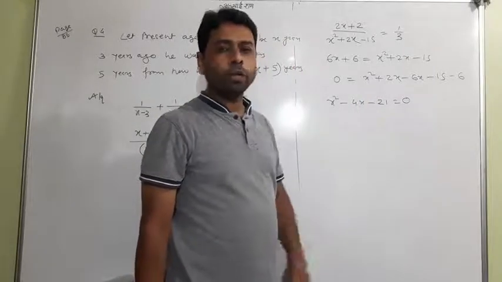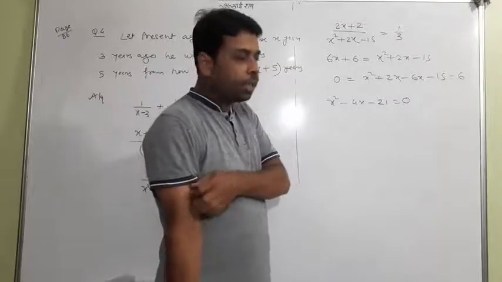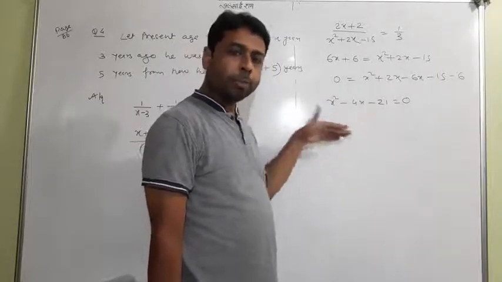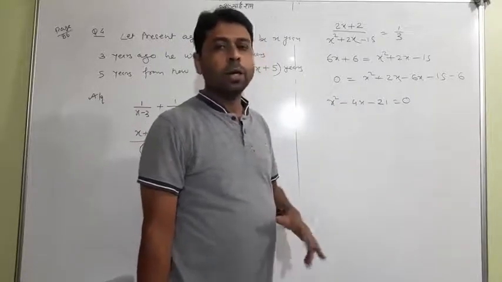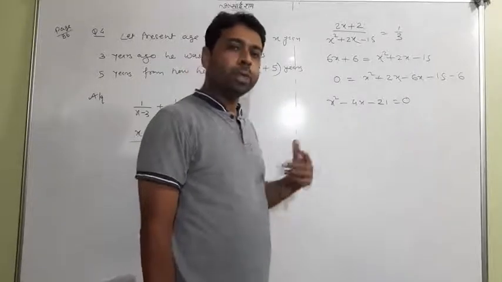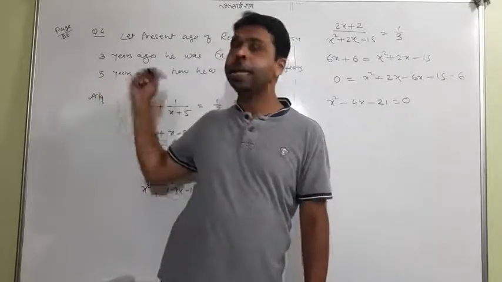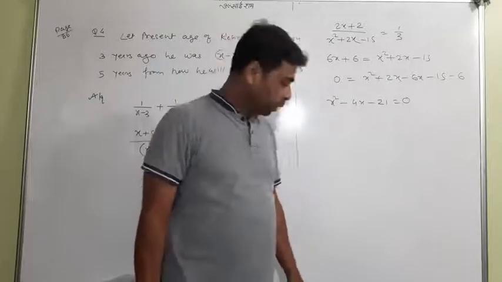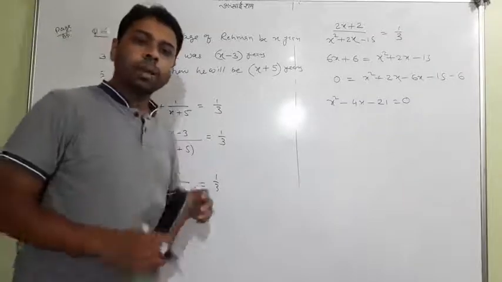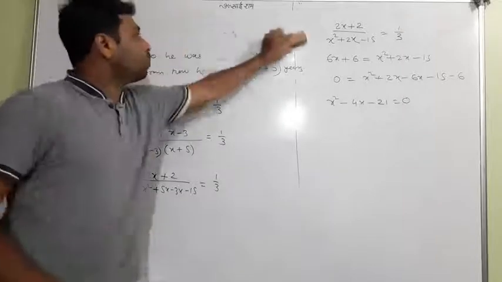Further I am not telling you, because it should be done from your side, as it is very easy. This is a equal to 1, b equal to minus 4, and c equal to minus 21. It is very simple; we can find the roots by the formula method. I again want to say that if we get two answers for x, maybe one will be negative and one positive. The negative you have to drop, because we are finding the age, and age is not negative. So do the rest yourself, because it is so easy. I am making the equation only up to the equation. After the equation, you will solve. Okay, this is the first question from my side.